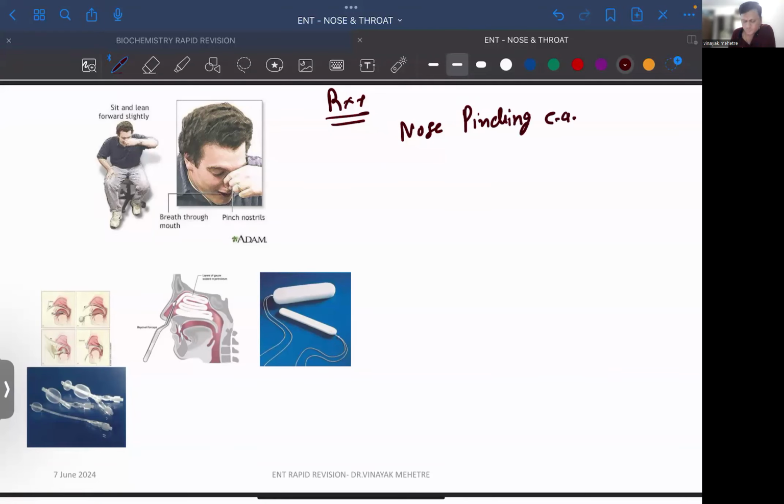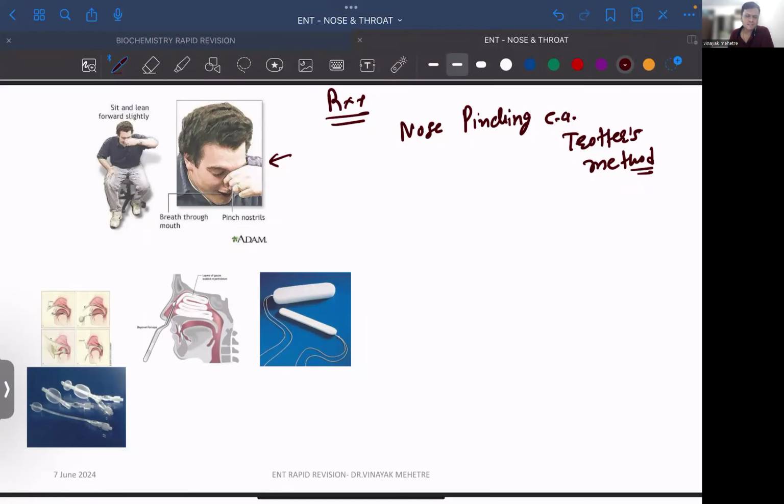That is Trotter's method. Remember, that is Trotter's method, not Trotter's triad. Trotter's triad is different. Okay, this is how we do it. We will tell the patient to pinch his nose and move the head towards his chest, yeah? So that can clot the arteries which are bleeding. Okay,